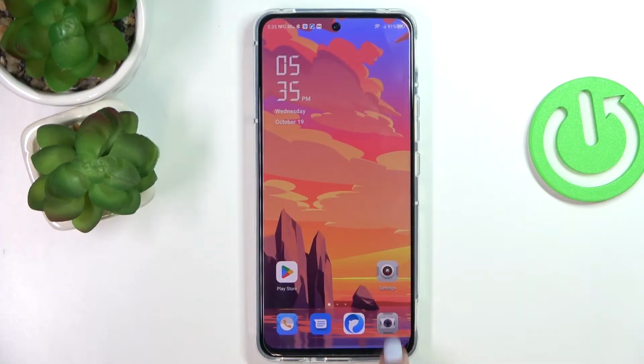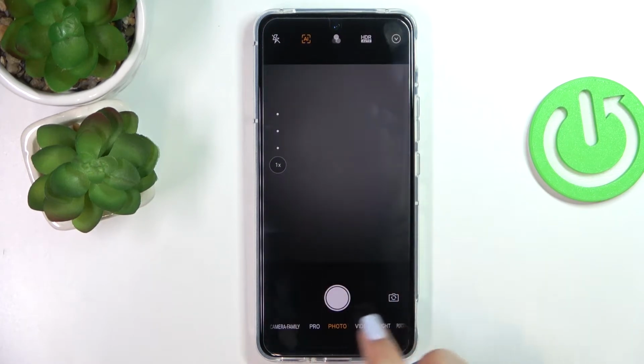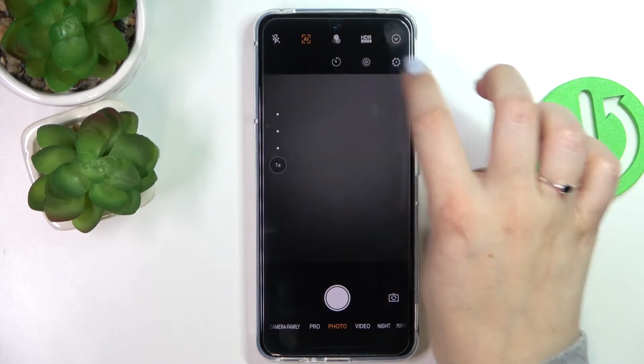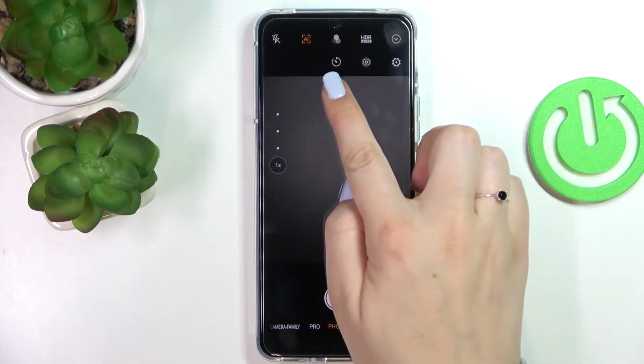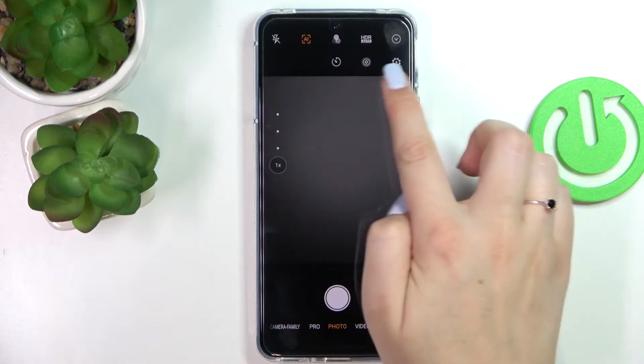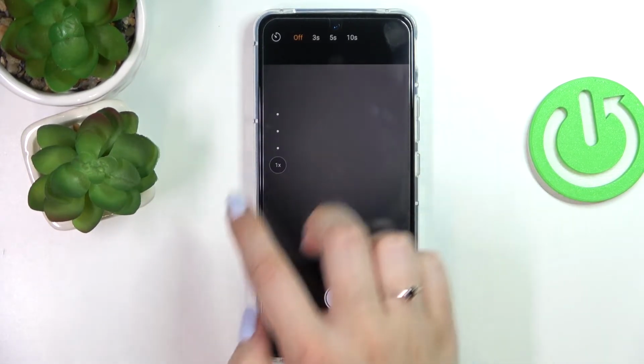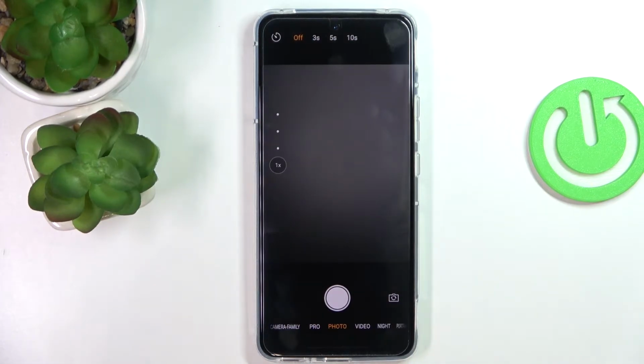So first of all, let's open the camera app, and since we are in the standard photo mode, we can open this arrow icon, which will open more settings here. And as you can see, the timer icon will be in the second row, or actually right in the middle of the screen. So let's tap on it, and as you can see, we've got 4 different options from which